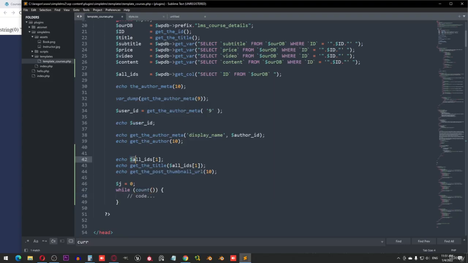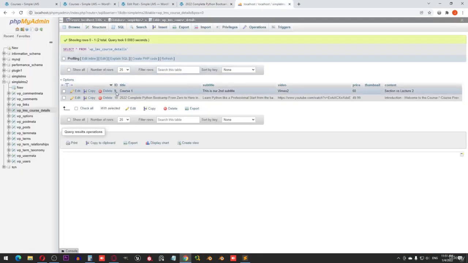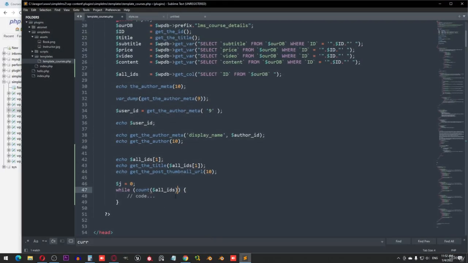So echo this one. So while the count of all IDs, which is 2, so then this number is 2, because we have the count of IDs is 2. All right, so while this count is bigger than, oh, oops, not 0, it's bigger than j, so do the following,